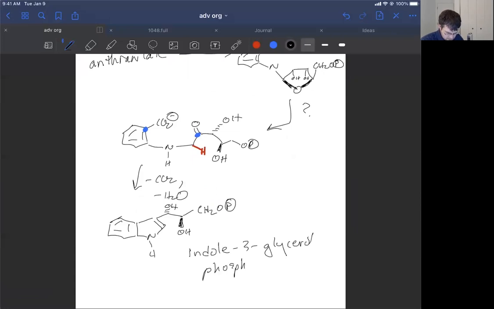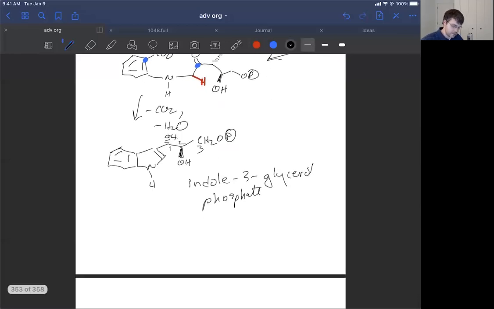Hopefully you can see the glycerol, the three carbons of glycerol. There's indole, which is benzene fused to a pyrrole, and then the phosphate. And so this is actually what now engages the tryptophan synthase enzyme,